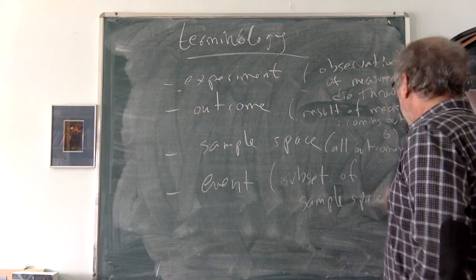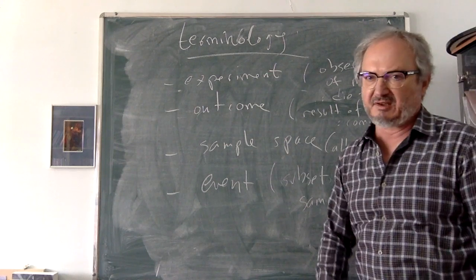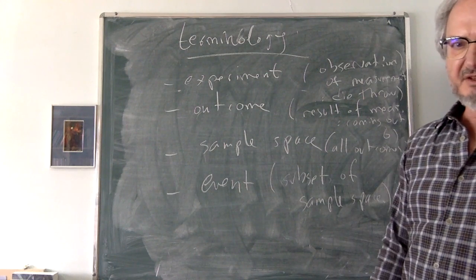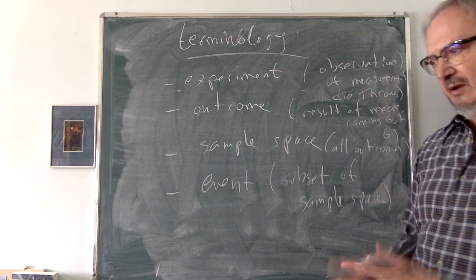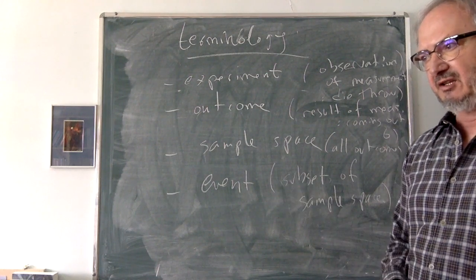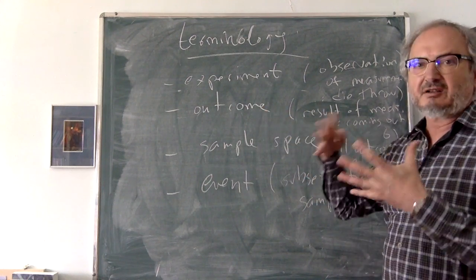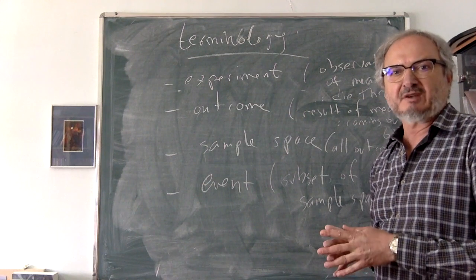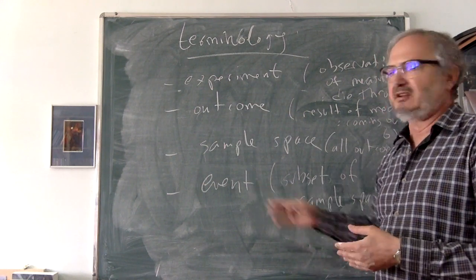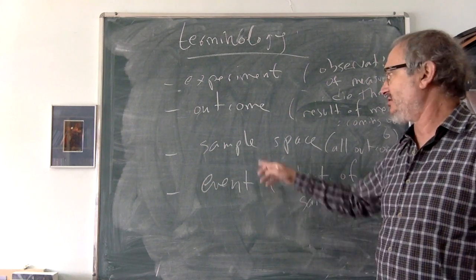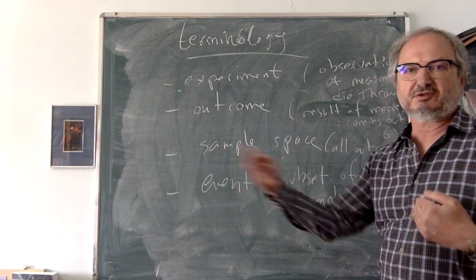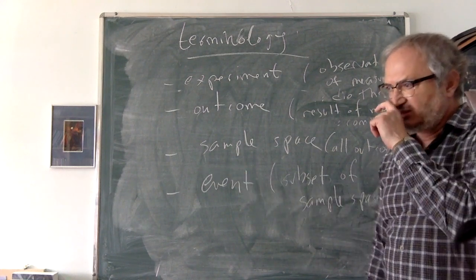This is called a subset of the sample space. So in my case, my interest was like coming out even. So even number of outcomes, even outcomes of throwing a die is essentially an event, in the sense that it's a subspace of the sample space of coming from 1 to 6. Okay, so these are